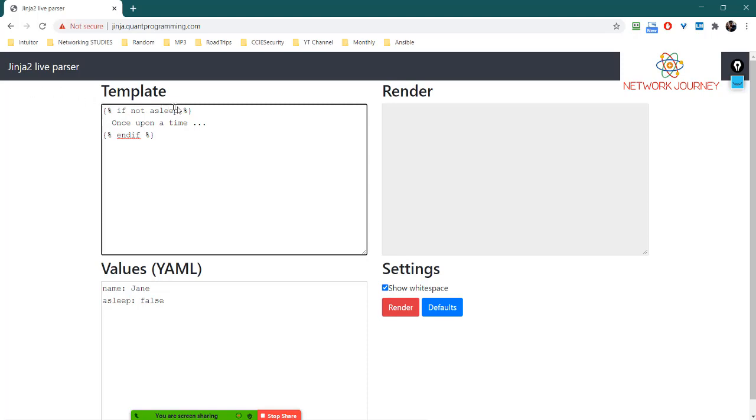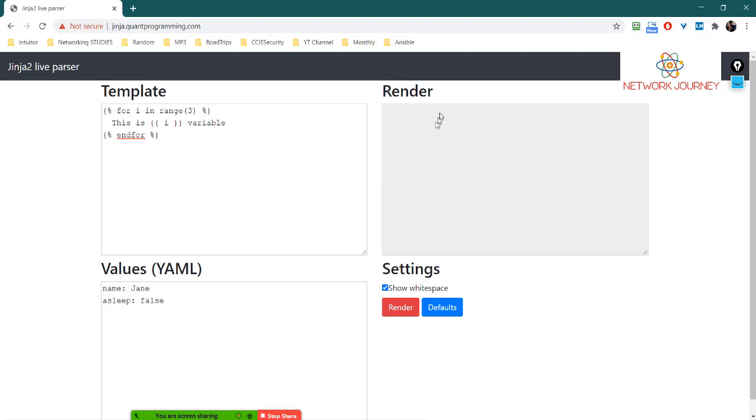So let's say for i in range of 3, and I want to see how it performs. I call the variable that I'm making use of, i, and it's an endfor statement.